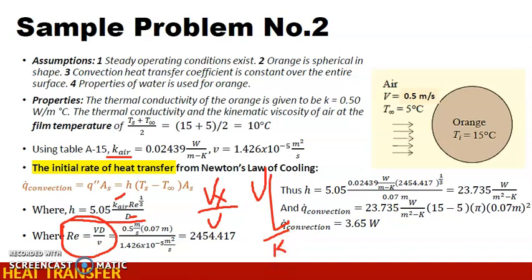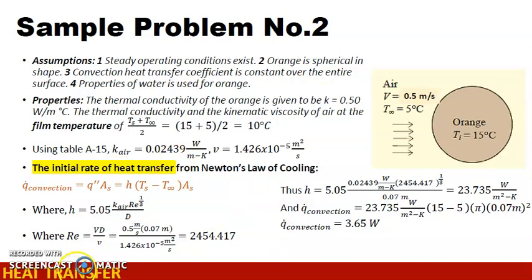So it depends on the given. For this problem, our characteristic length is D. That's why we have velocity, which is 0.5 meter per second. It's given. Then 0.07 meter, that's the diameter of the orange. v here is our kinematic viscosity, so we find that in the table. That is 1.426 times 10 to negative 5 meters squared per second. Solving for that,